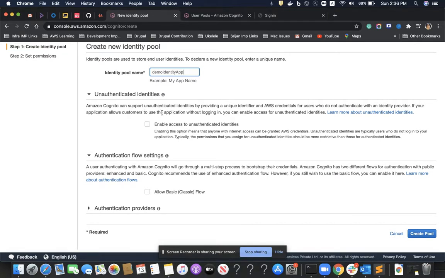First is to provide access to unauthenticated users. So if our app doesn't have a user pool and we need to provide access to users on a temporary basis, we can do that with the help of this option called enable access to unauthenticated identities. How does it do this? It basically creates a temporary token, which lasts from 15 minutes to 1 hour, through the Amazon STS service, and provides access to the guest users to our AWS services.